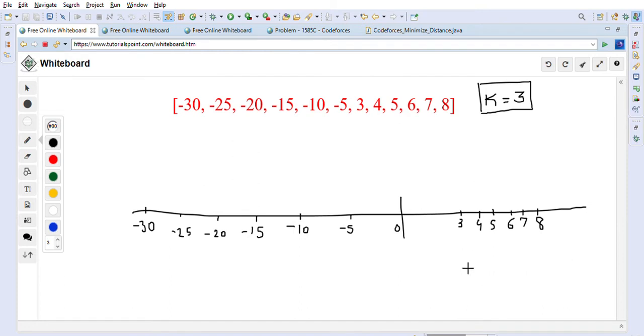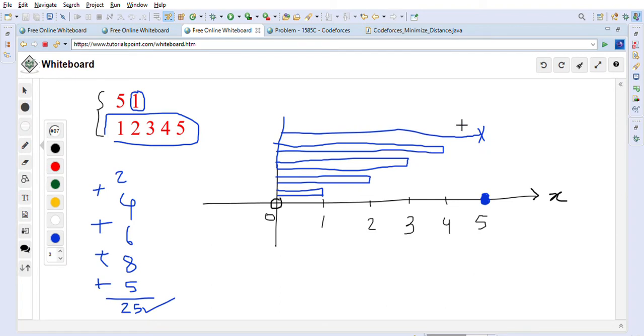So how do we minimize the distance in this case? Now our capacity is that we are capable of carrying 3 bags. This is given to us. So 3 bags at a time you can carry. As I showed you in the previous example, we wanted to keep the farthest distance at the end.